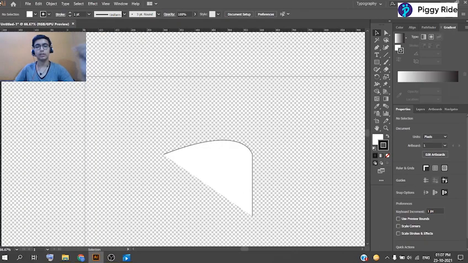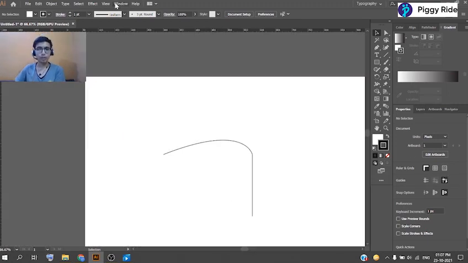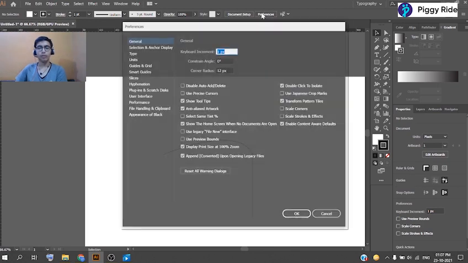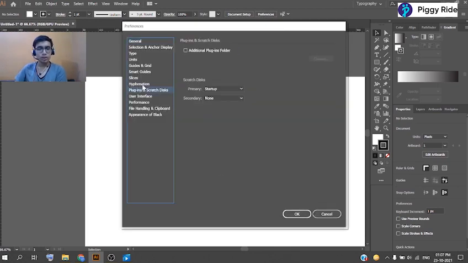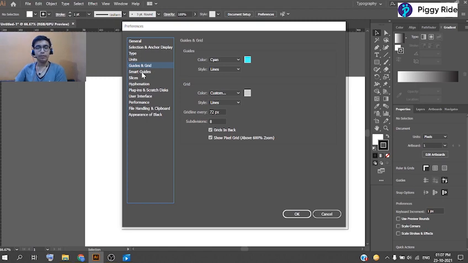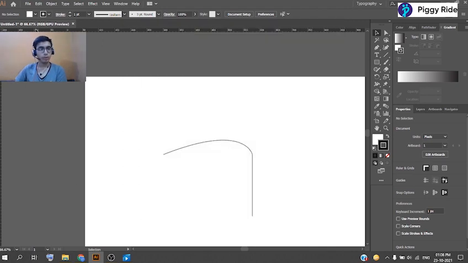So see this, now it will be light, or with that we can change these types of things from document setup. And from preferences we can change things that will be convenient to us, or the colors of the software. For example, if I will be showing to you the rulers.